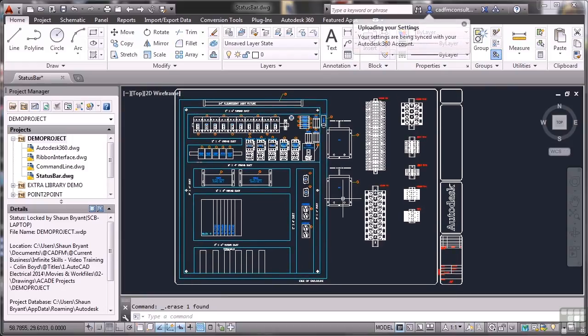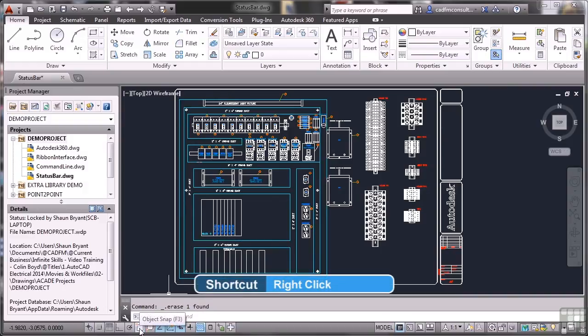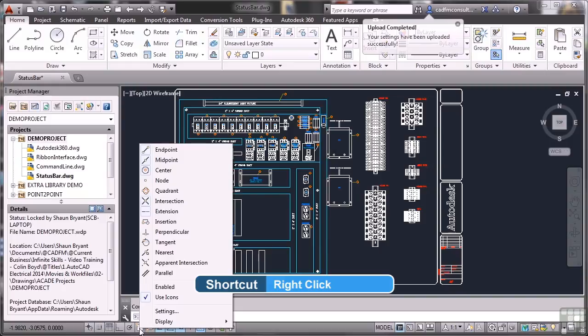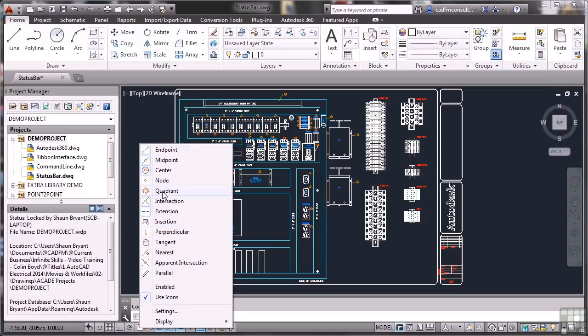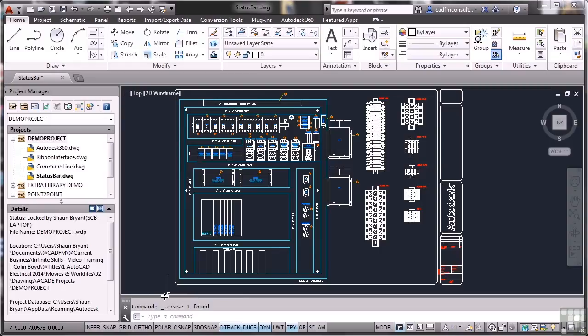So those settings for the drafting settings are great, but when you look at those icons, if you're a new user especially, you don't quite know what they mean. So if you move over any of the icon buttons and right-click, a shortcut menu appears. Now, I've right-clicked over the object snaps, so there's all my object snaps there. I can switch them on and off there as well. But if I just click on this Use Icons setting, it turns all of the icon buttons into buttons with